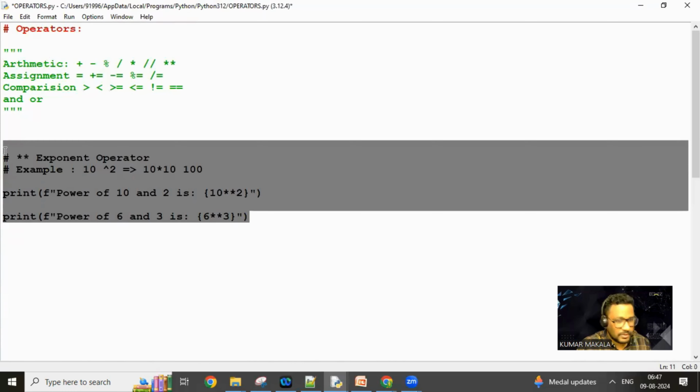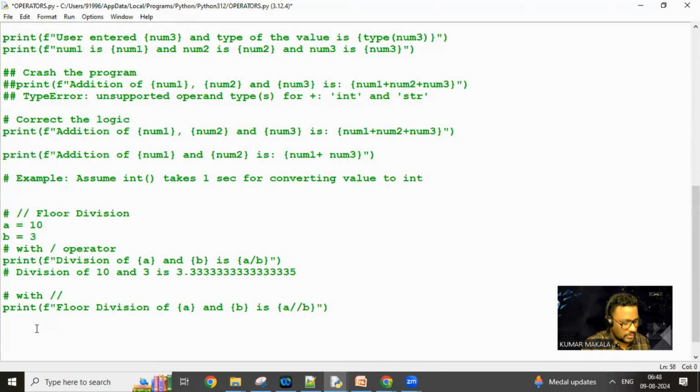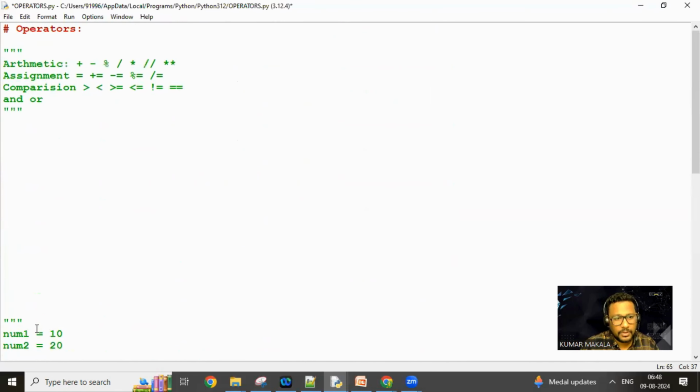All right. Next one is assignment operators. We already know the assignment operator, because as soon as you write number 1 equal to, you are already using the assignment operator without knowing that it's an assignment operator. Okay. Enter number 1, for example. Same way, let me quickly do number 1, enter number 2,